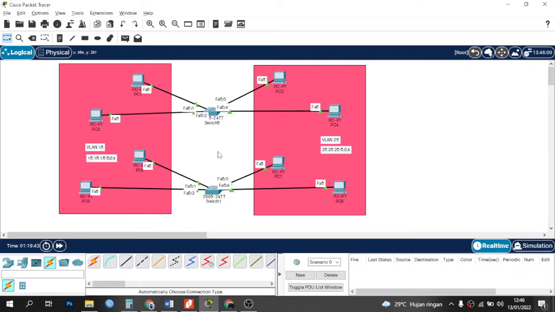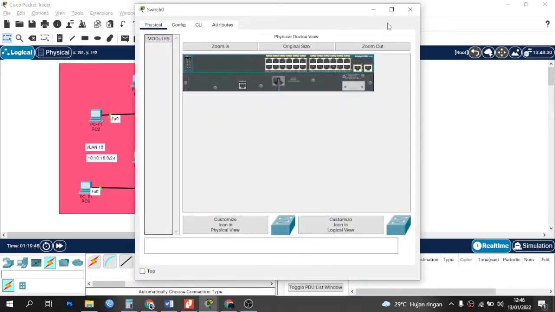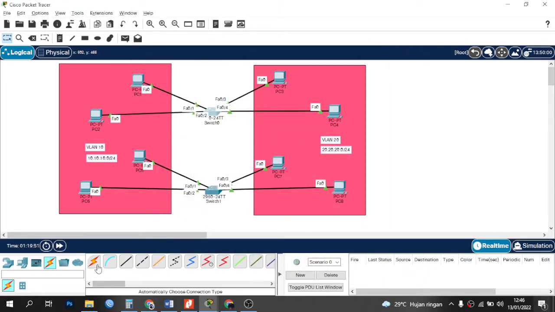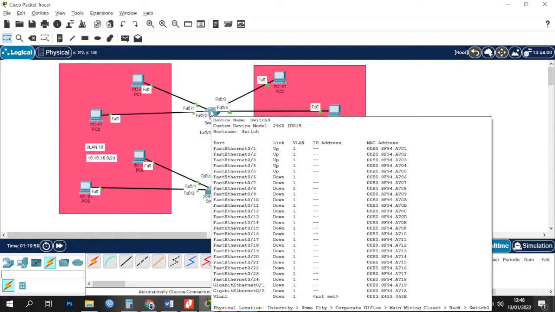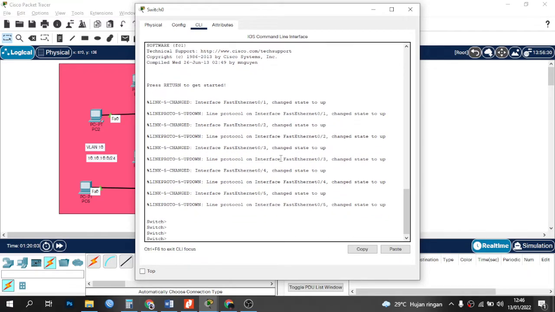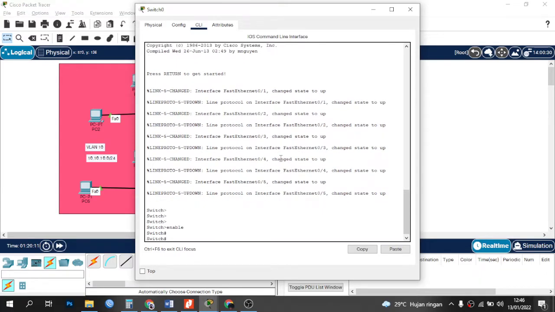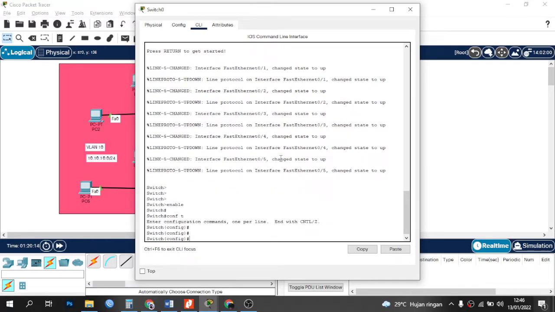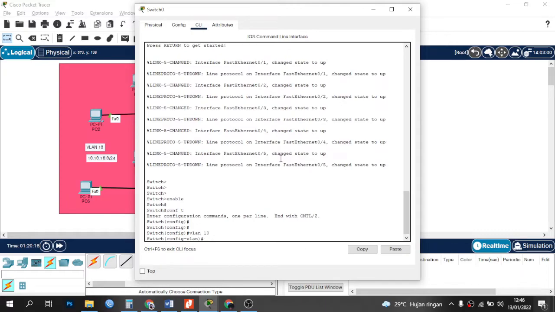Here I will create VLAN 10 and VLAN 20. Continue, create VLAN in switch 0 and switch 1, VLAN 10 and VLAN 20.